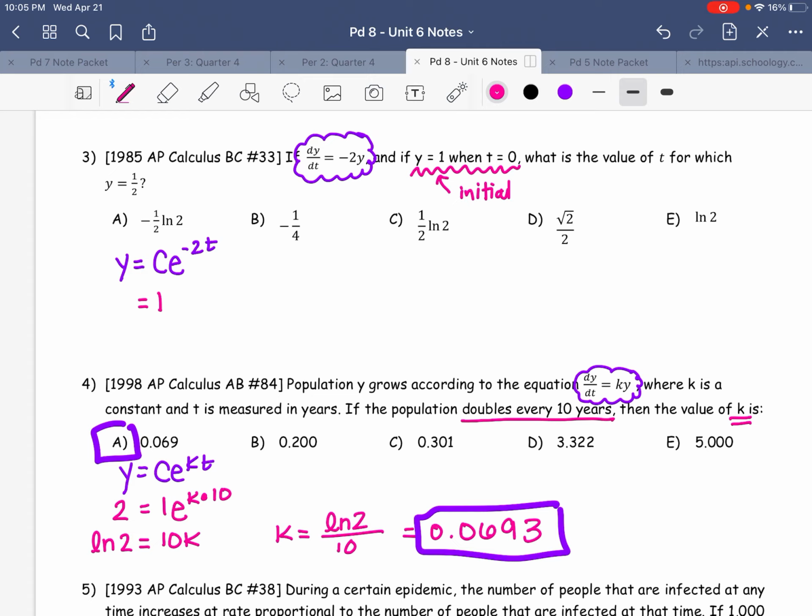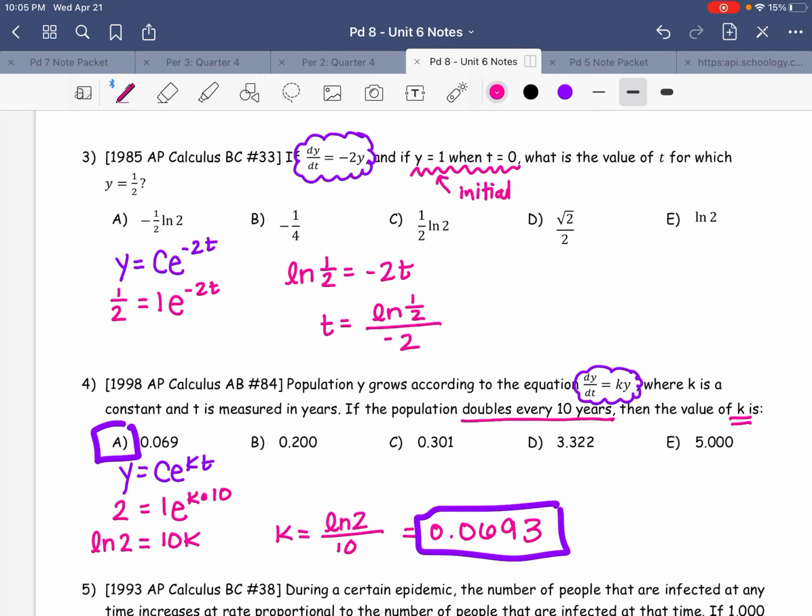And it says, what is the value of t for which y equals 1/2? So let's put 1/2 in here. e to the negative 2t. I need to solve for t, so I'm going to take the natural log of both sides. On the left, the natural log of 1/2. On the right, the natural log and the e will cross off, and I have negative 2t. So if I divide both sides by negative 2, I get t equals the natural log of 1/2 divided by